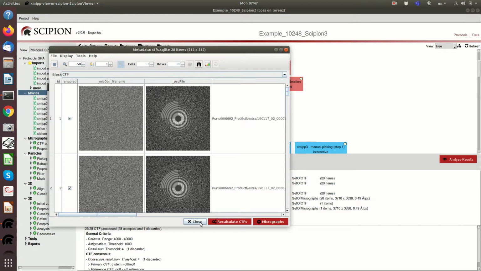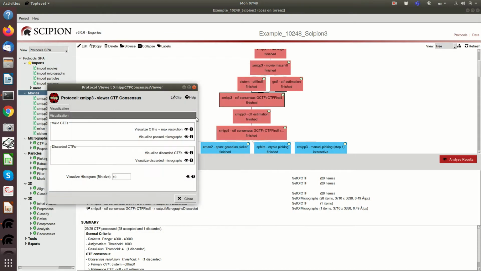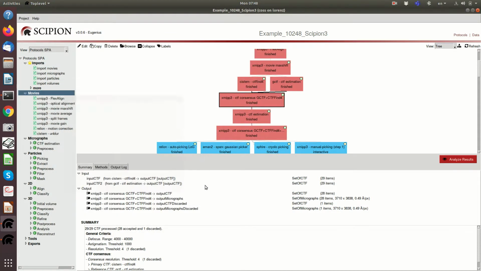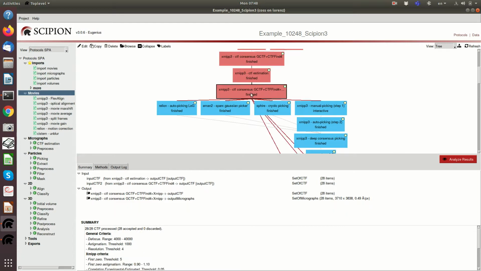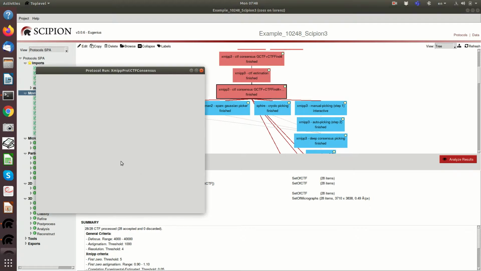So actually there is a trick here. The trick is that this data set was acquired with beam tilt, and then the beam tilt limits the resolution to that frequency. And if you correct for the beam tilt, you can get farther, but otherwise you cannot. Okay, so then we will finally compute another consensus, and this consensus this time will be between the